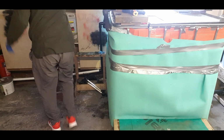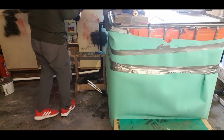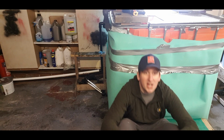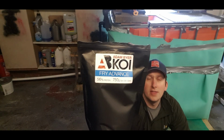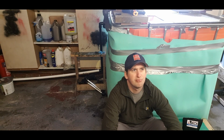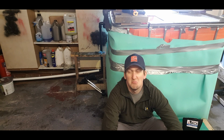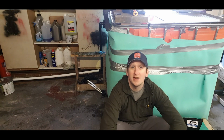So they moved on from the crumble to a slightly bigger crumble. They went on to a 1.5 to 2.5, I think it was, again from Byer Koi Farm. I'll just show you. So they started on this one here, and they moved on from this one probably around Christmas time, say the 20th of December or something. Around that time they went on to the 1.5 to 2.5 mil pellet,